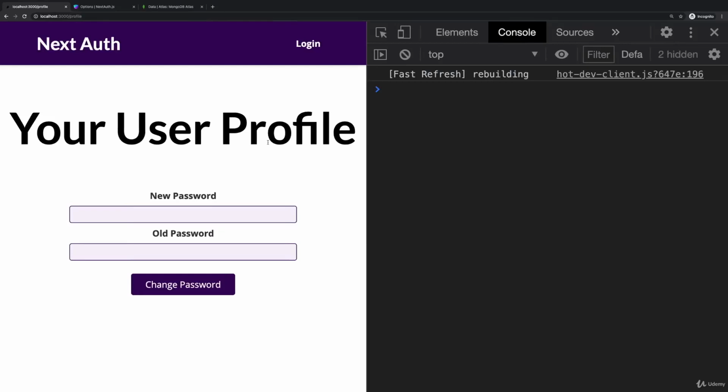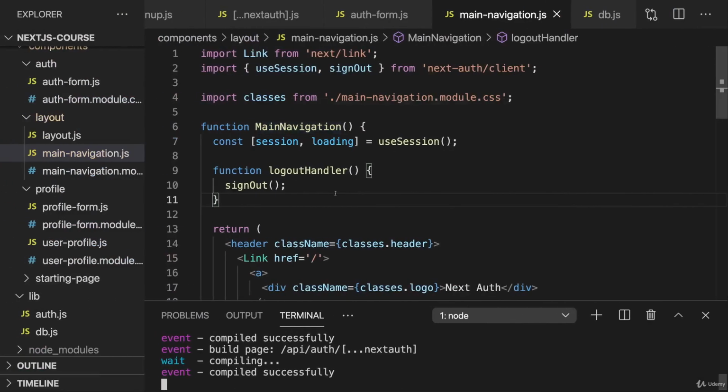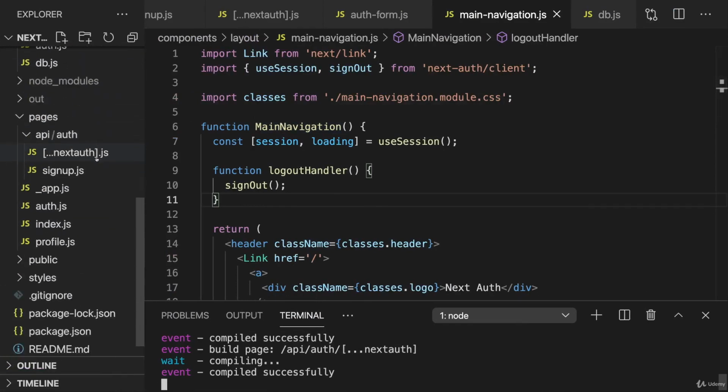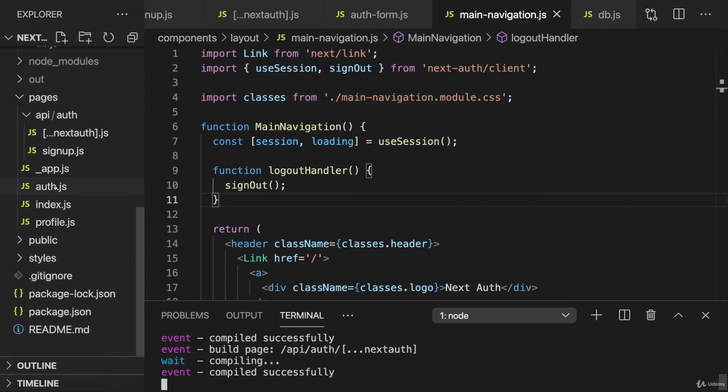So of course, if we are not logged in, we shouldn't be able to visit this profile page. And if we were on that page and we click log out, we should be redirected. And implementing that is rather straightforward with NextAuth. All we have to do in the end is go to the pages which we want to protect or restrict